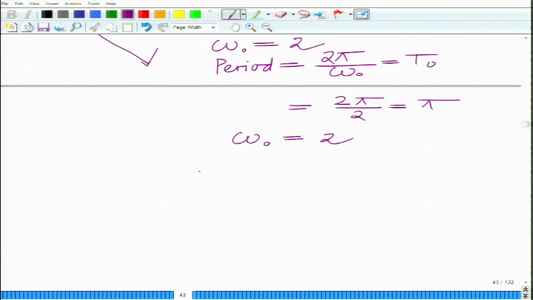So, I can express this as x t, this is the CEFS representation, k equals minus infinity to infinity